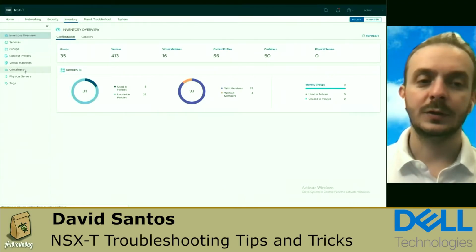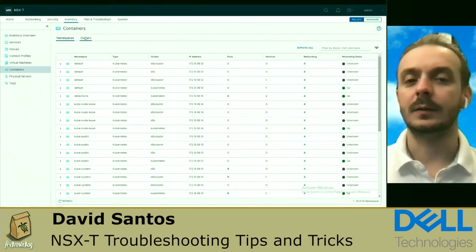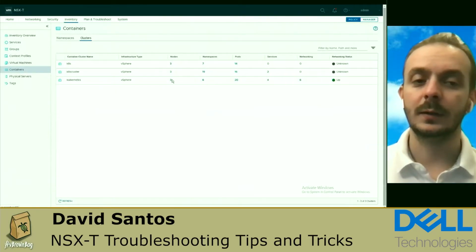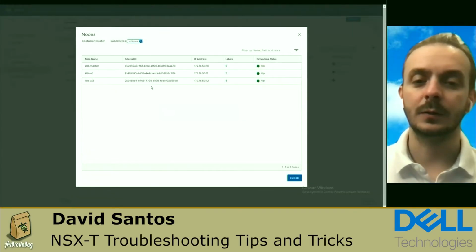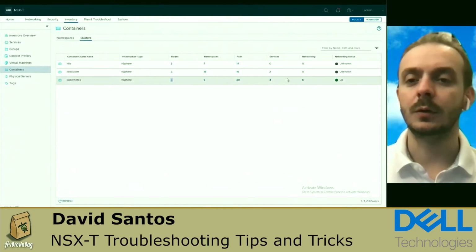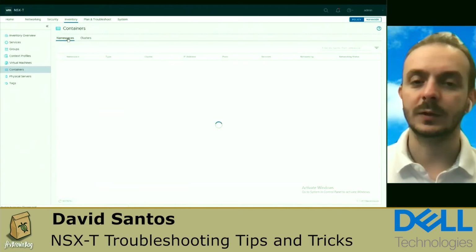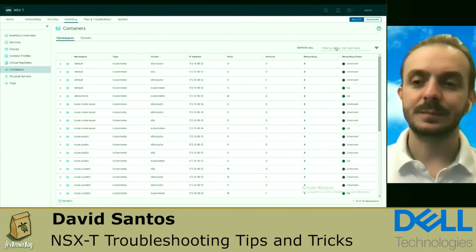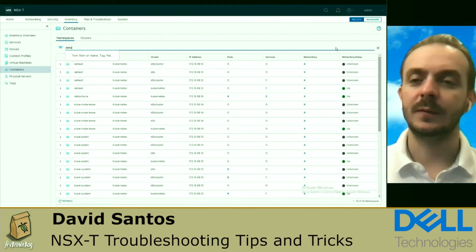So here you can check the containers and the clusters. In this case, we have 1 cluster working and 2 clusters that are not connected. And we can check that there's 3 nodes in each one in that cluster. We can look for a specific